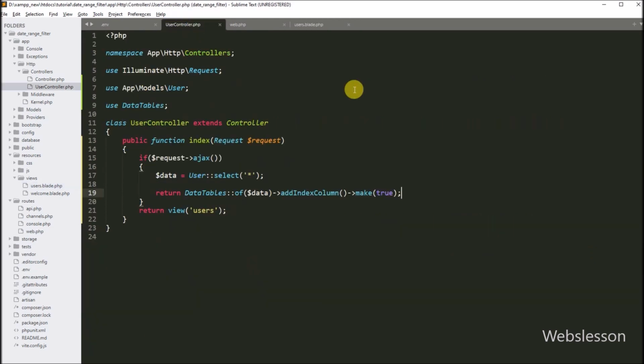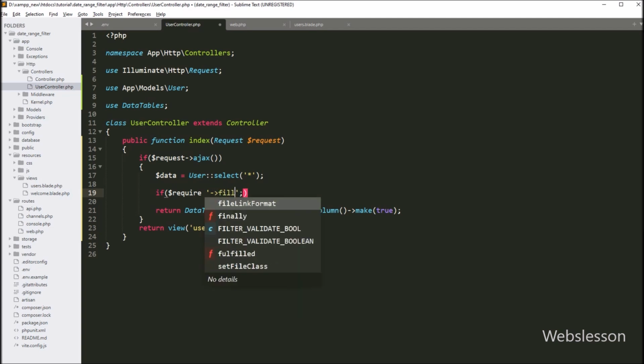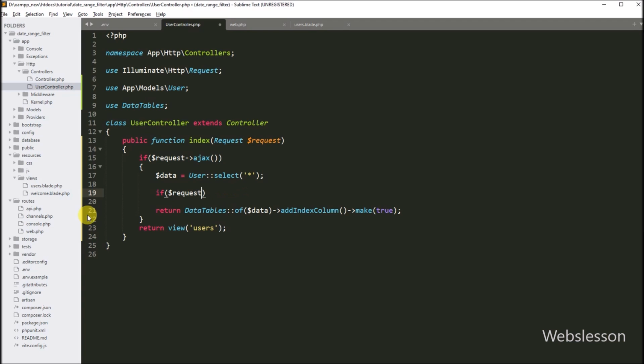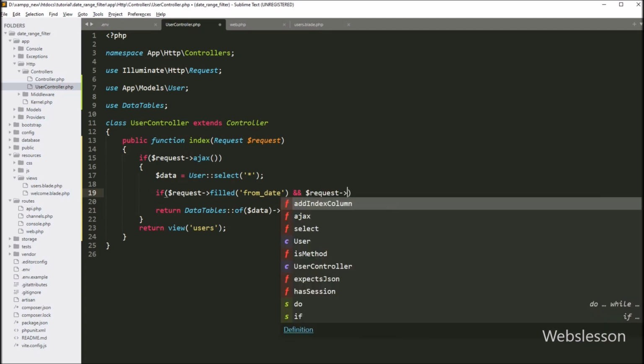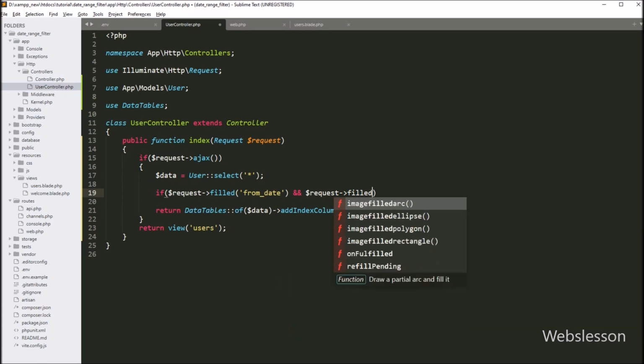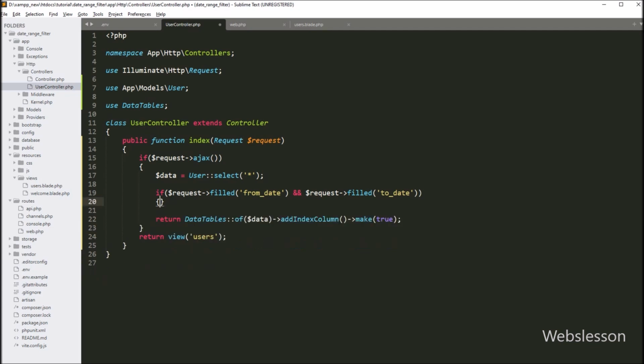Now we go to the user controller class, and here we have to write an if statement and under the condition, we have to write the $request variable with the filled method with the from date variable, and the $request variable with the filled method with the to date variable, so this condition will check if both variable values have been received, then it will execute the if block of code, and here we have to write